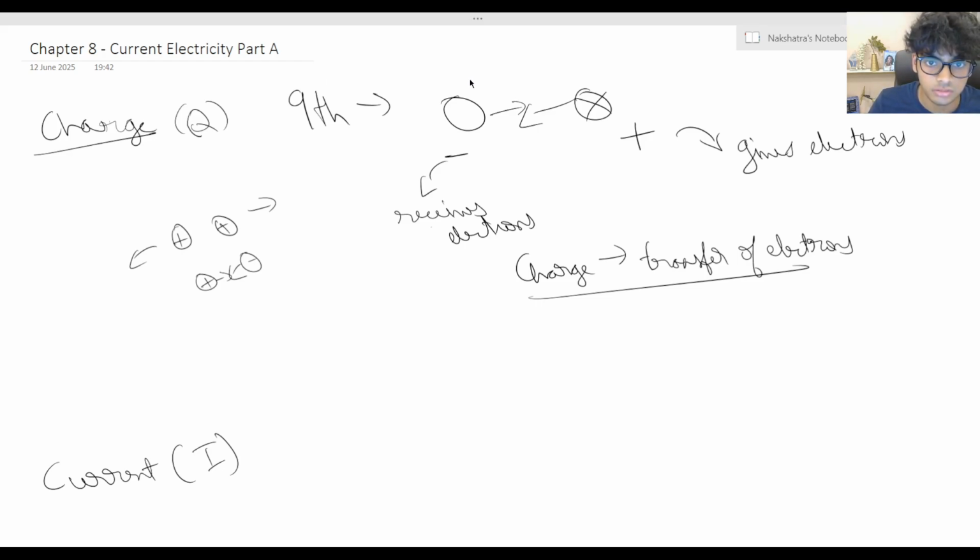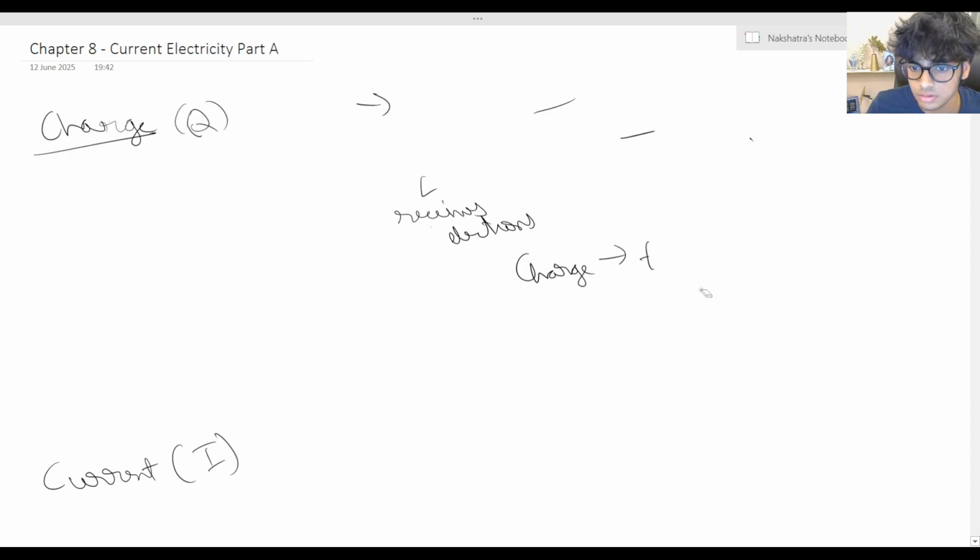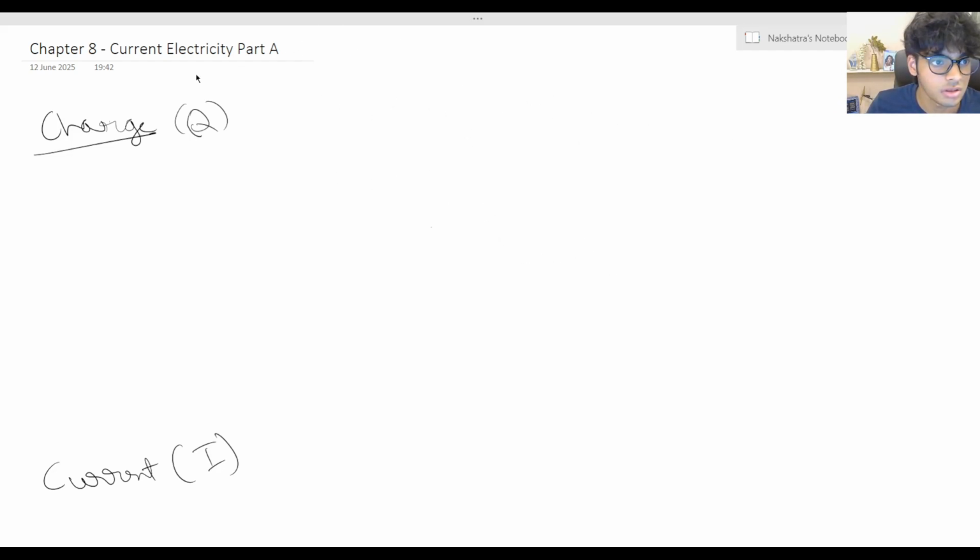Now we're going to move this a bit further. Like we discussed, charge is the product of transfer of electrons, but now we'll move on to saying that charge is caused by either an excess